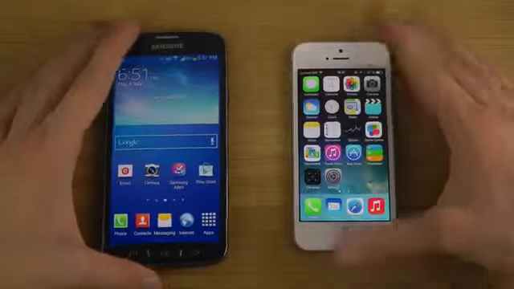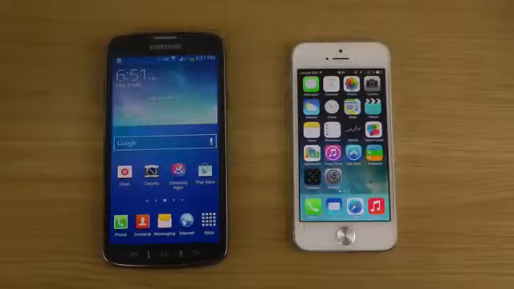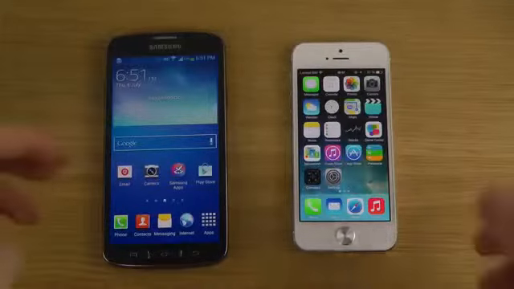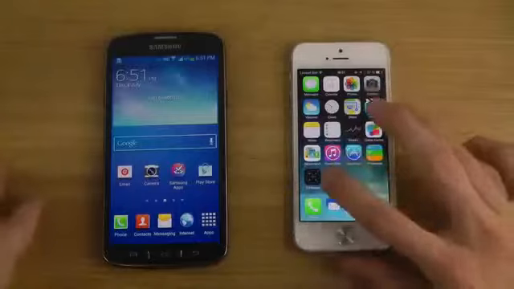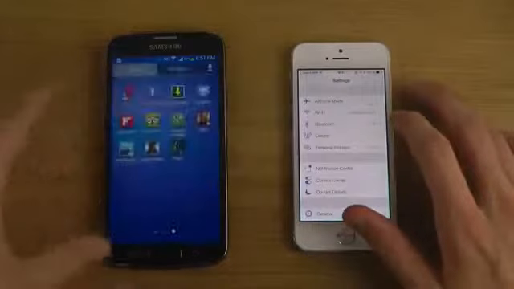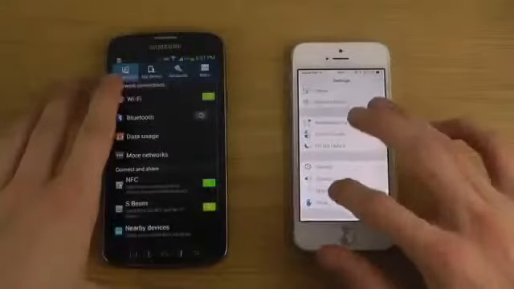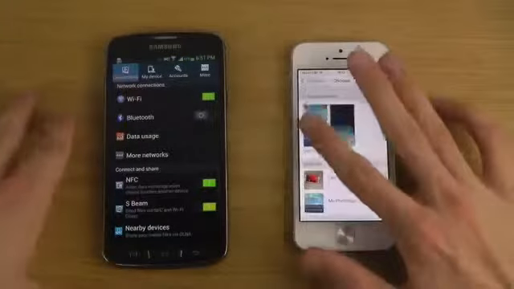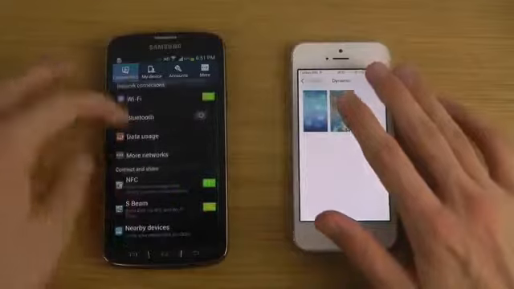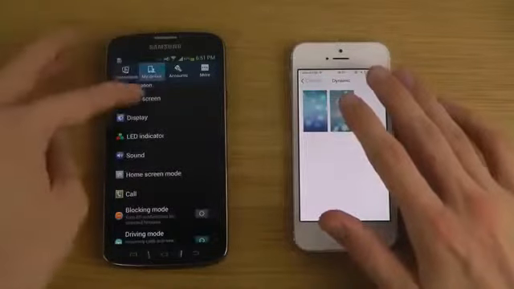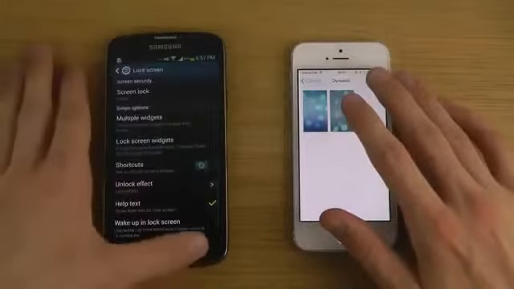And of course both here are 8 megapixel cameras, and I might be taking a look at that in another video if you are interested in that, and also benchmarking, browser and gaming, you know, just comparing it against Apple's latest iOS. You do have, of course, live wallpapers on both, and the funny thing is that it seems like Apple is almost copying Android or something here. It's pretty funny. I don't care that much, but if we go back,